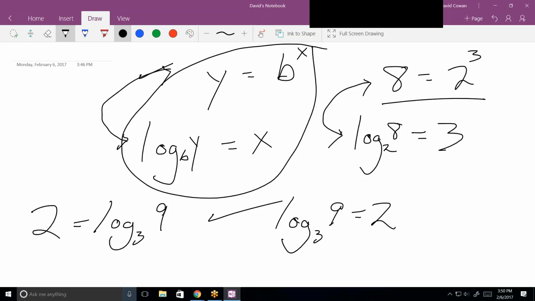Now it's not the number on the far left anymore. In other words, what it really is, the base raised to the exponent equals the argument. That's what this says, the base raised to the exponent equals the argument. And that's what this says also. All right. And you absolutely have to be able to go between these two to be able to do these problems you're trying to do,